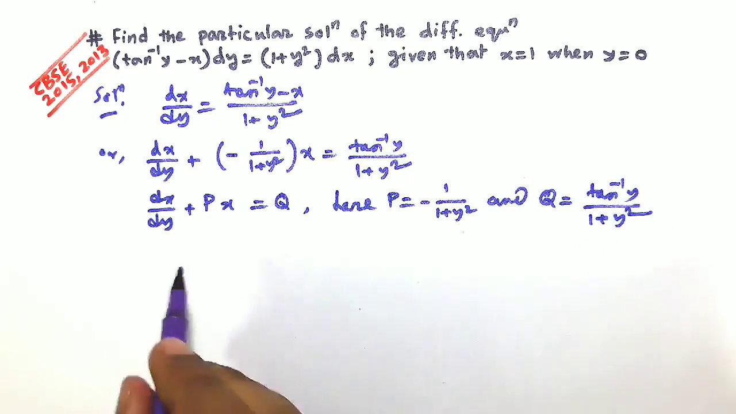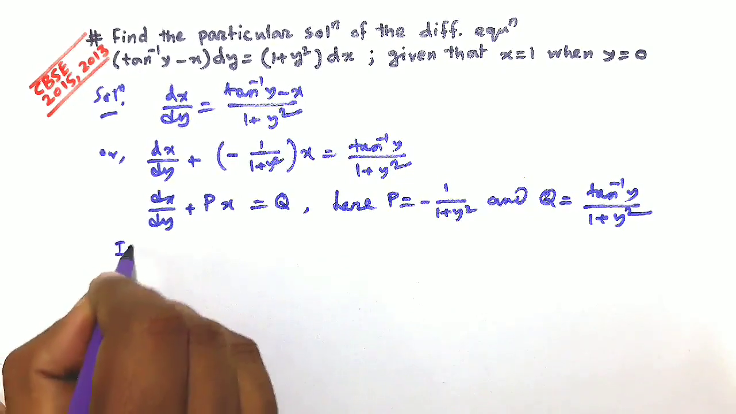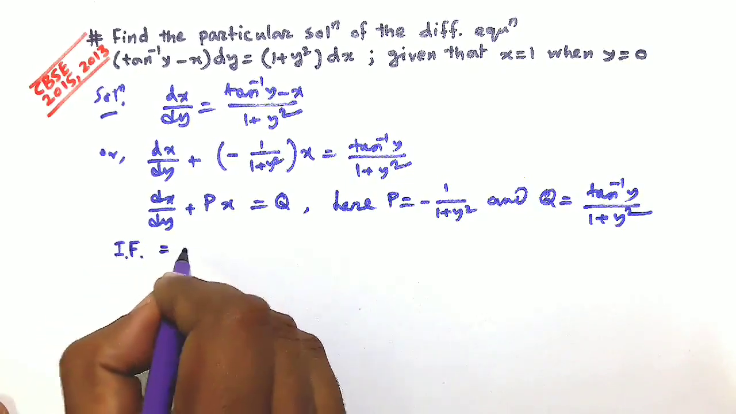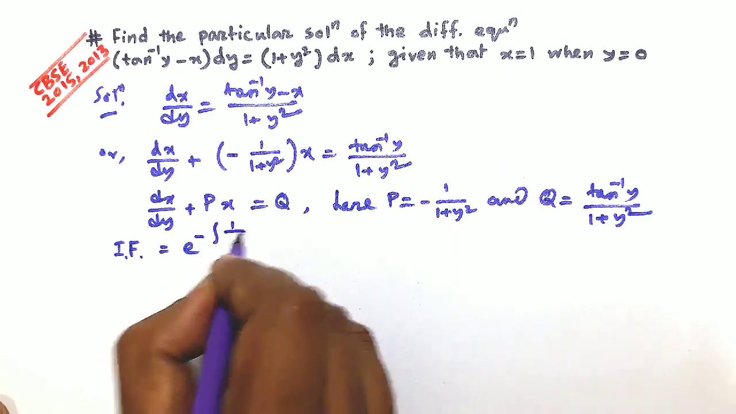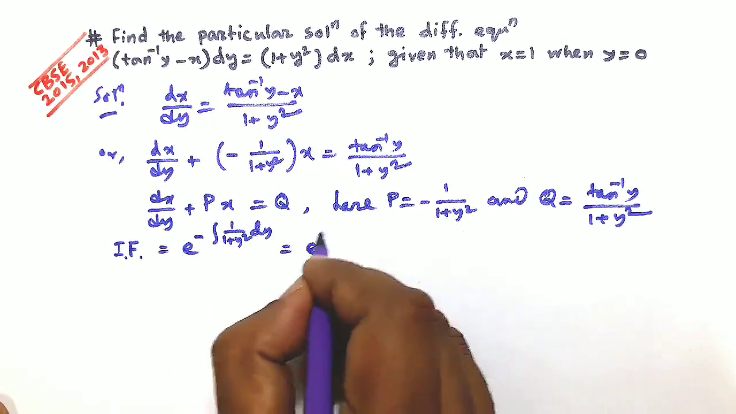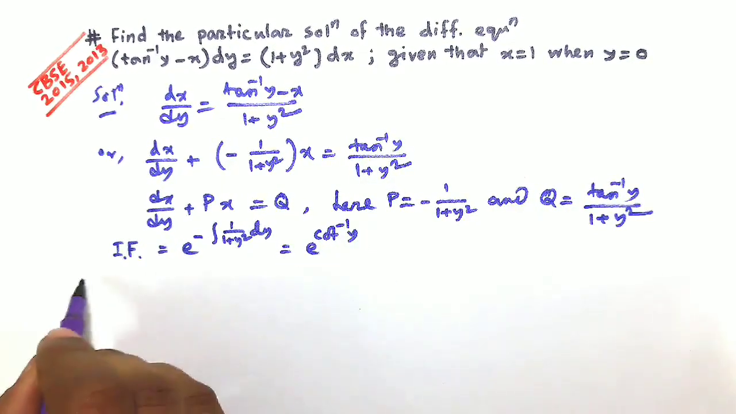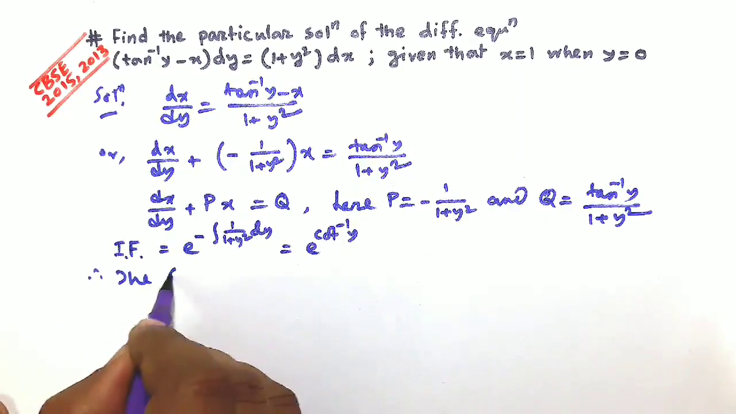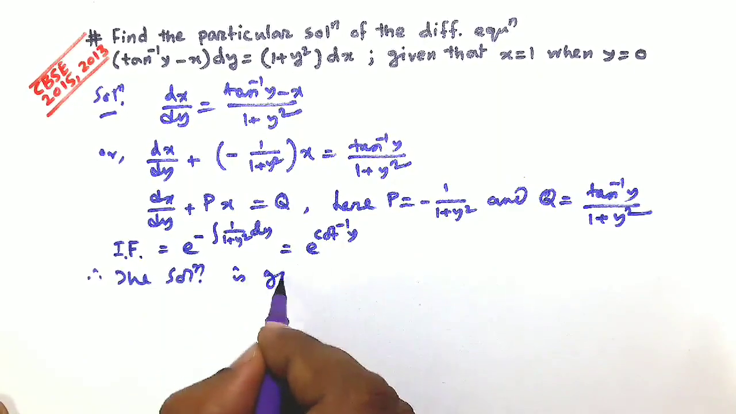So friends, you know, we have to introduce an integrating factor. The integrating factor is here e to the power minus integration 1 upon 1 plus y square dy, that is e to the power cot inverse y, isn't it? So the solution can be given now, is given by,